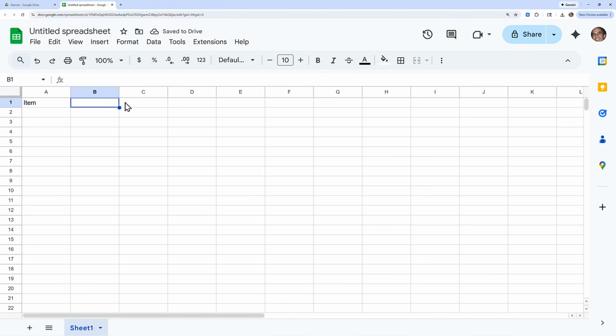The Tab key enters that data and moves the cell indicator over to the right. So we have Item, Quantity Sold, tab, Cost Per Item, tab, Total